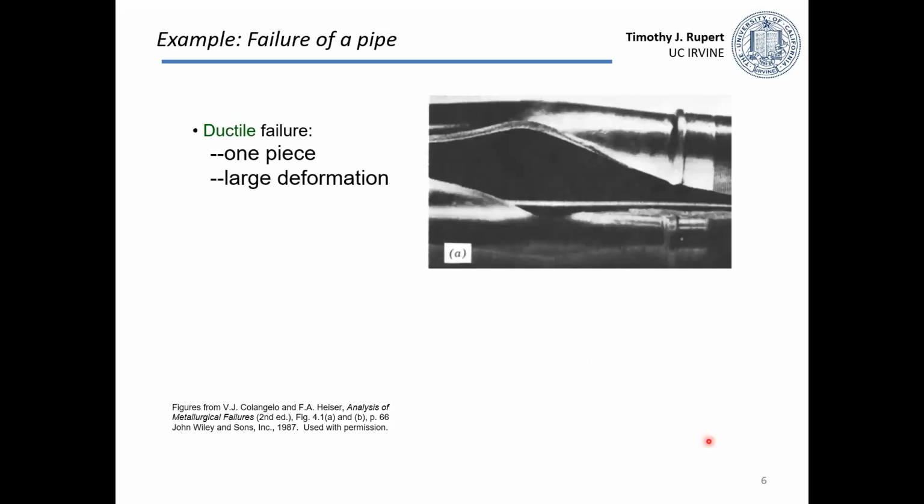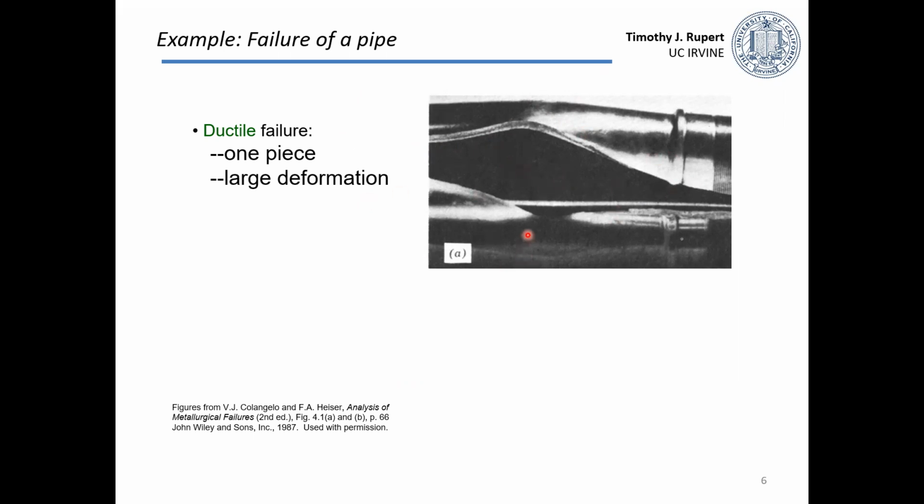As just a few practical examples of this, on the top is a picture of a pipe. So there was some pressurized gas or liquid inside of here. Increase the pressure, and if it goes up too high or there's a flaw in the material, this pipe can break. In this case, it failed in a very ductile manner. So you can see that the pipe bent and bowed outward. There was a crack that formed there, but it happened gradually